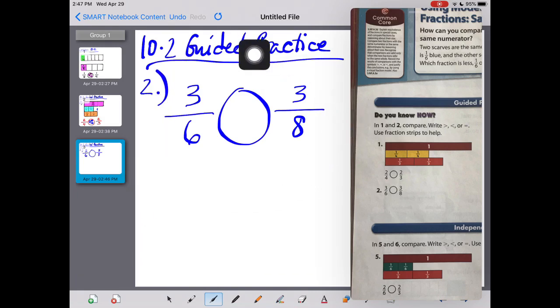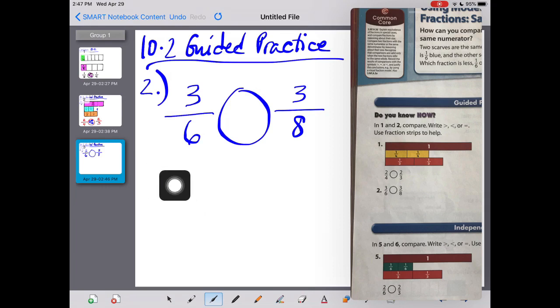So let's try to tackle this without the fraction strips, and then let's back it up with actually drawing those fraction strips and see if we're correct. So here's what I want to walk you through, because you're going to be doing this in independent practice. When you're comparing fractions,